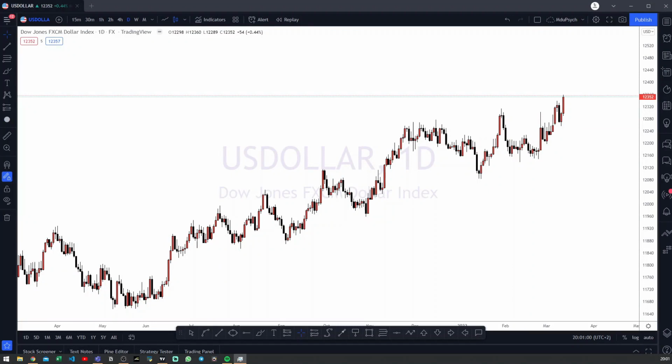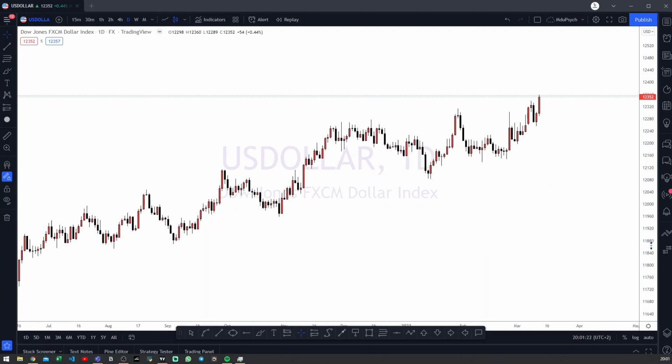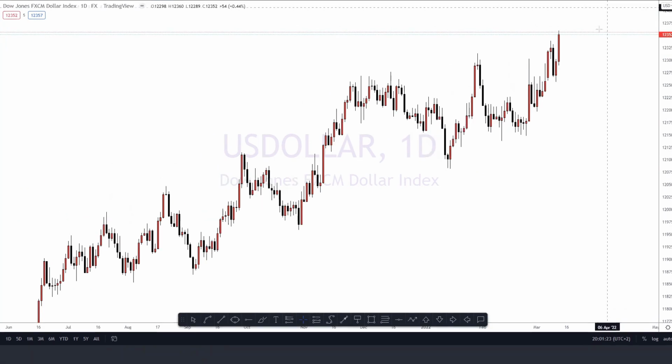Once again, we're back as TheAnonymousFX, and we're back to give you the weekly market outlook for next week, which is the week that begins on the 14th of March up until the 18th of March, right? So we're going to start with the dollar index, and the way we've been doing things is still the same, nothing different.